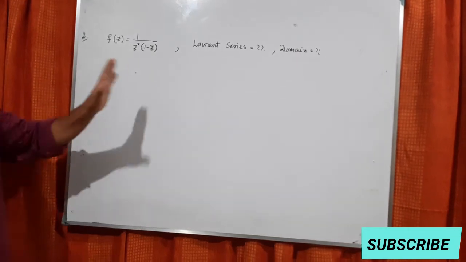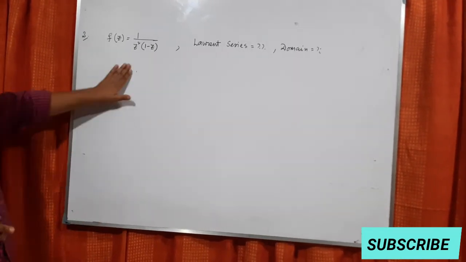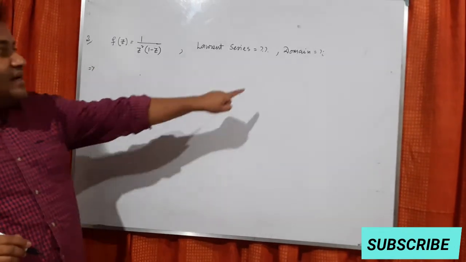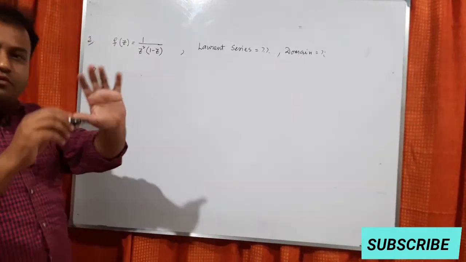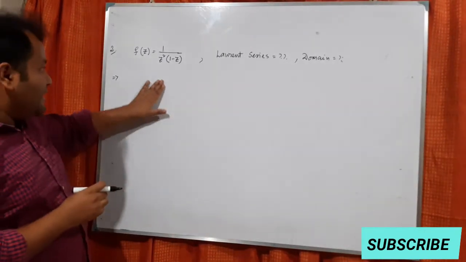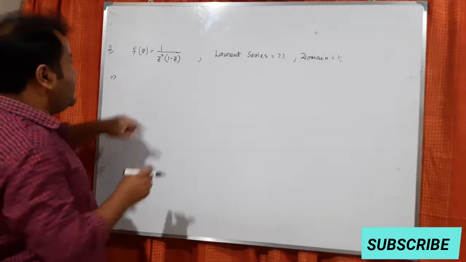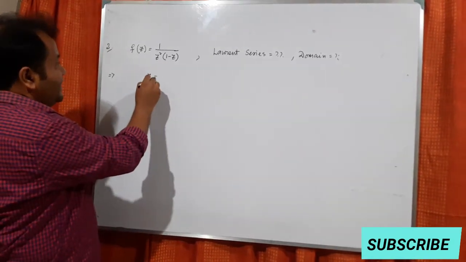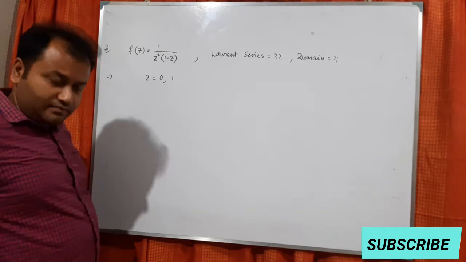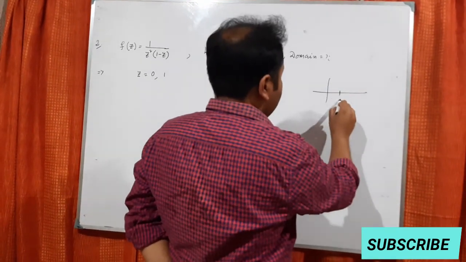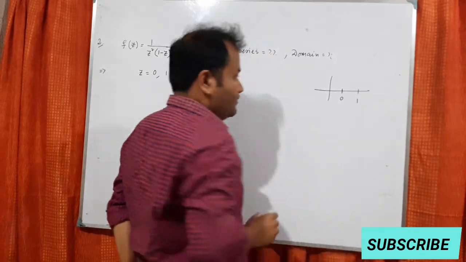So domain is not given. Now in some problem, if some direct function is given where the domain is absent, that is, the domain is not provided to you, what can you do then? Carefully think about what I told you in the last problem: you make the denominator 0. That will give you z equals 0 and 1. So basically you get 2 points, 0 and 1.